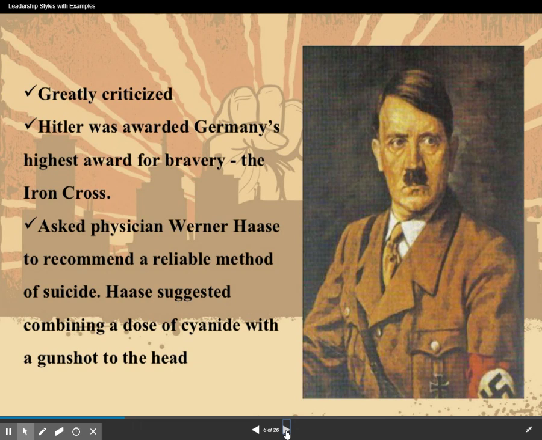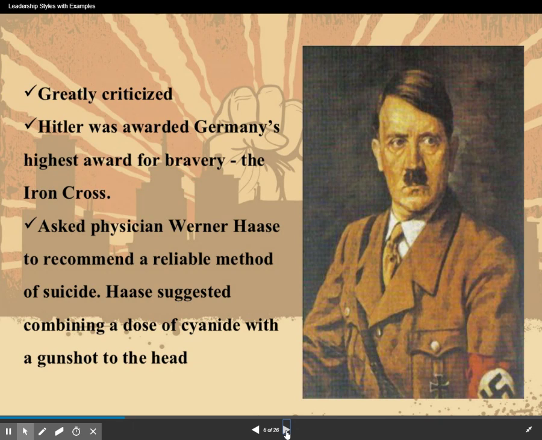Now, in an autocratic society, Hitler did a lot of really horrible things. We know that from learning about World War II. We know the horrible things that he did, but he was considered an autocratic leader. When Hitler gave the Third Reich their orders, they were expected to follow them without question. When he told soldiers to put people in the crematorium or into the gas chamber, or to round up all of the Jewish people in areas and put them in concentration camps, they were not supposed to ask why. They were just supposed to do what he told them to do.